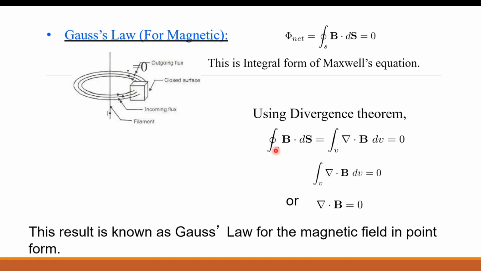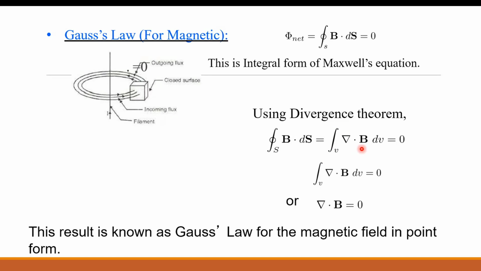So we can apply divergence theorem or Stokes theorem to any vector quantity. Now here the vector quantity is b bar. So according to divergence theorem, what is divergence theorem? Surface integration of any vector quantity is equal to volume integration of del dot of that vector quantity, right? So closed surface integration of b bar dot ds bar is equal to volume integration of del dot b into dv,